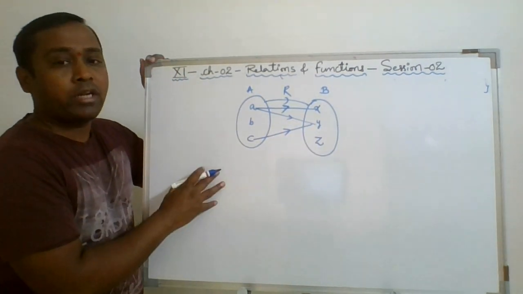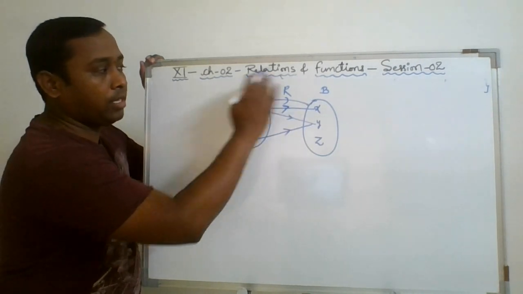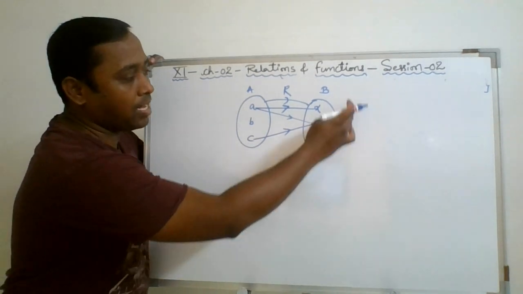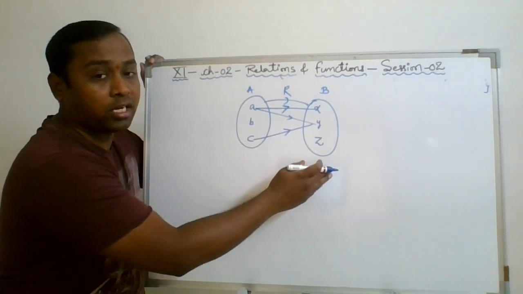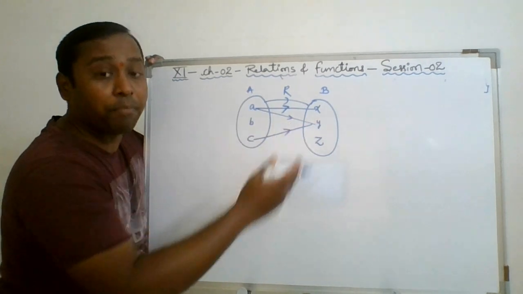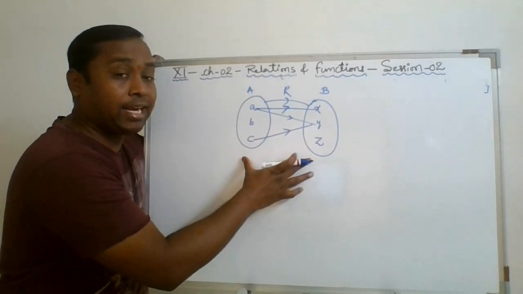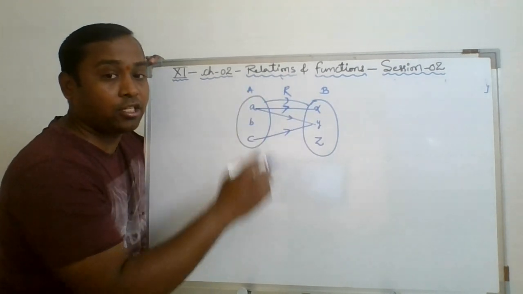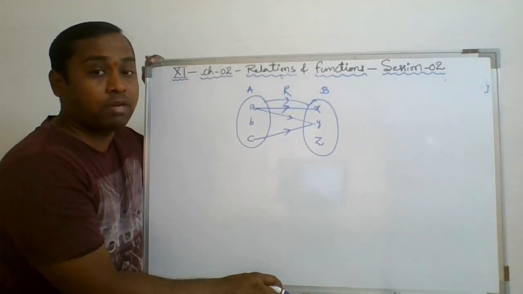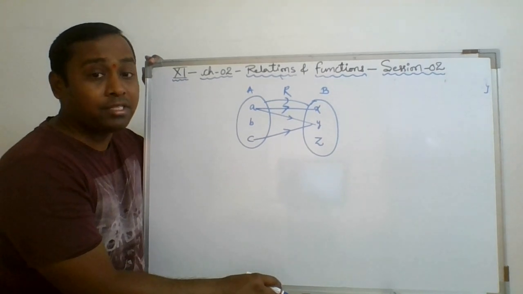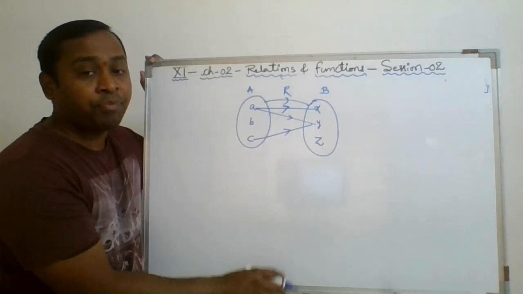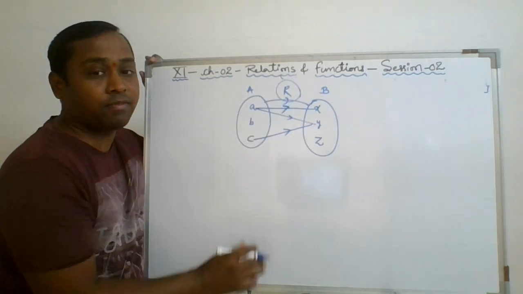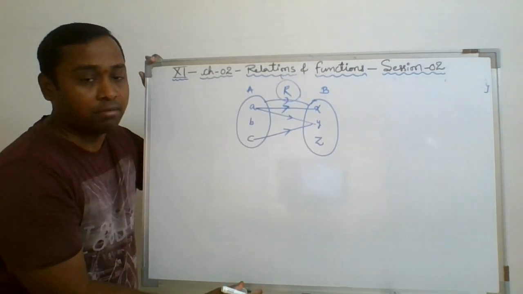Now this is one type of relation from set A to B, and we know that if this has three elements and this has three elements, then their Cartesian product has 9 ordered pairs. If these have 9 ordered pairs in the Cartesian product from A to B, you may create 2 to the power of 9, that is 512 types of distinct relations you can make. Out of 512 relations, one of the relations is given through a tree diagram randomly.